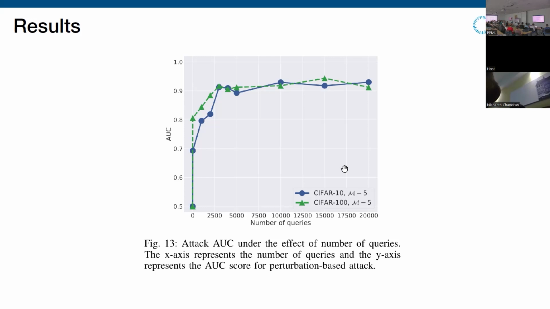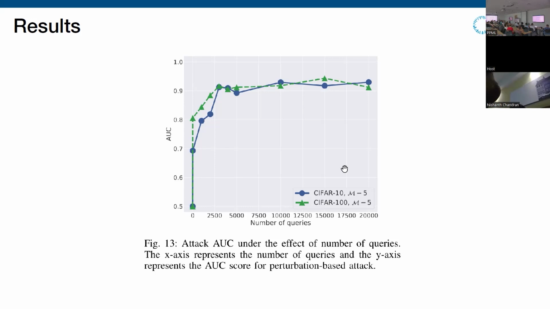So if you still want to work on label only membership inference, try to see how to reduce this number of queries, so you can still do label only membership inference with fewer queries. I didn't follow the literature that much, but label only membership inference is an interesting paper that has been static for a while, and I'm not aware of any new advancements. It seems people know this, but no one keeps pushing on it. In my lab, I normally don't pick a topic and keep doing several iterations. So if you guys would like to, yes.